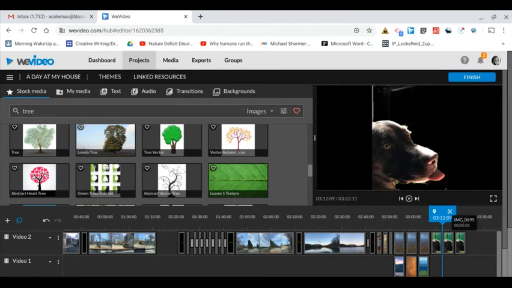What do you have at home? What kind of backgrounds do you have? What kind of walls? Maybe you have a solid color wall that you could use. So again, just because you don't have a green screen doesn't mean you can't